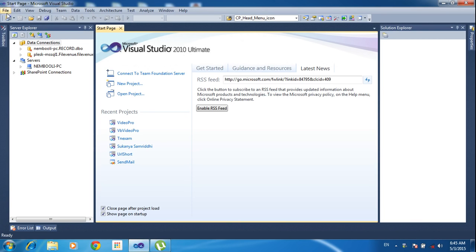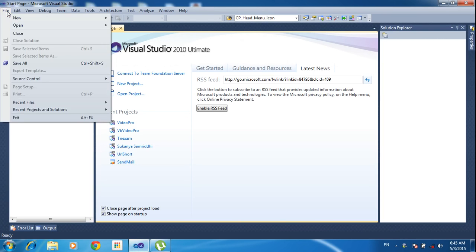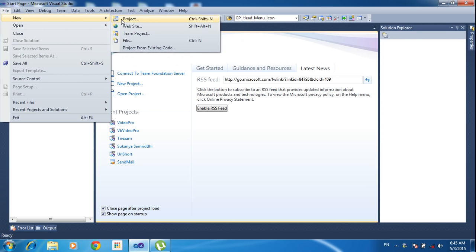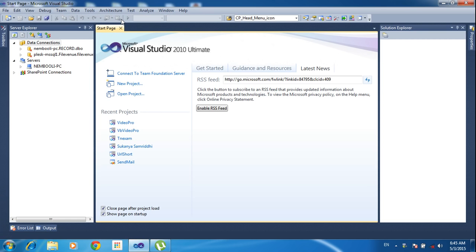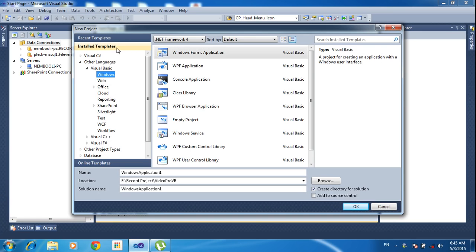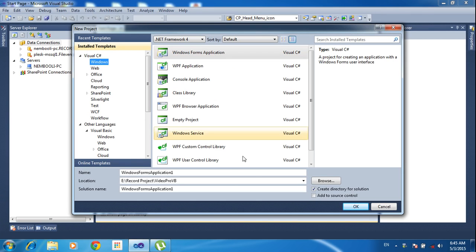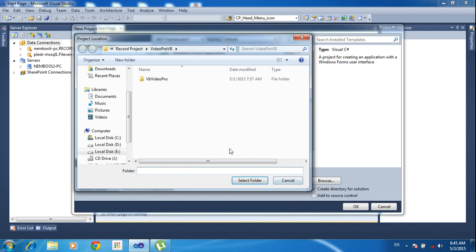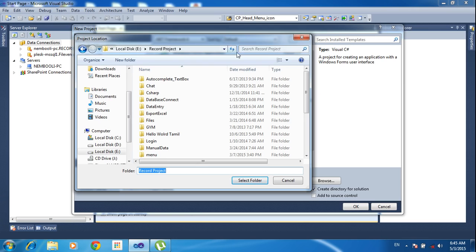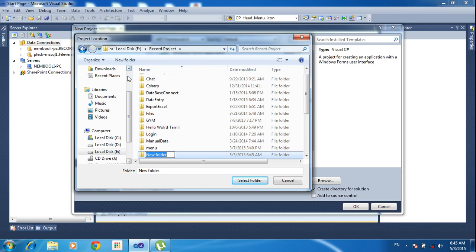First of all, I need to create a new project. Click new project. Inside the project, I am choosing the language Visual C Sharp and Windows applications. Here I am choosing Windows application form. I need to choose the directory where we are going to save the project. So I am creating the project name